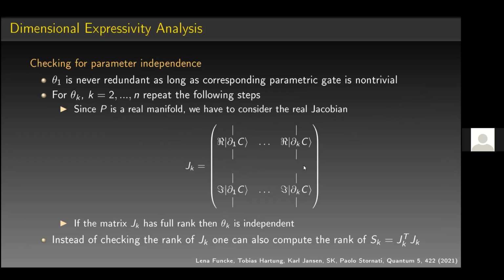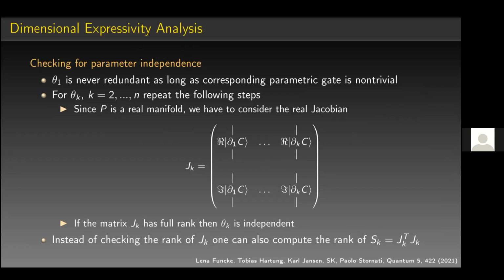So basically, to check now if the parameter k we've just added is redundant, all I have to do is check the rank of this matrix. Because if the new parameter I added is redundant, it's a linear combination of the previous columns, and therefore the rank of the matrix would not be full. And just from a technical point of view, instead of checking the Jacobian J_k for full rank, I can also check this matrix S_k, which is just the transpose of the Jacobian times the original Jacobian. So that doesn't change the